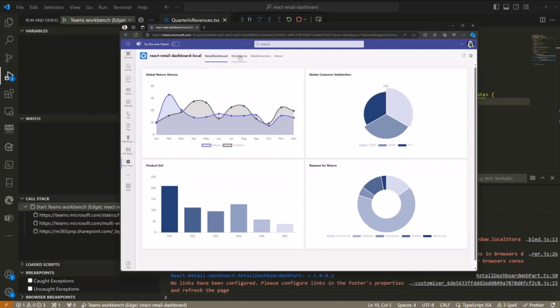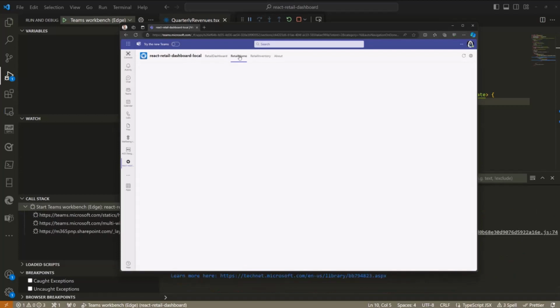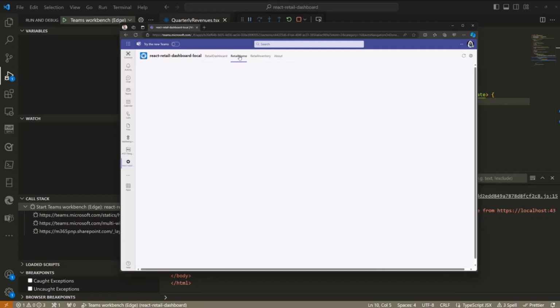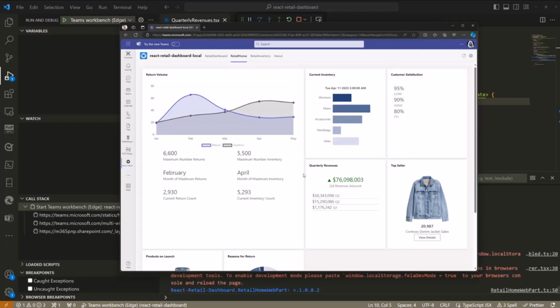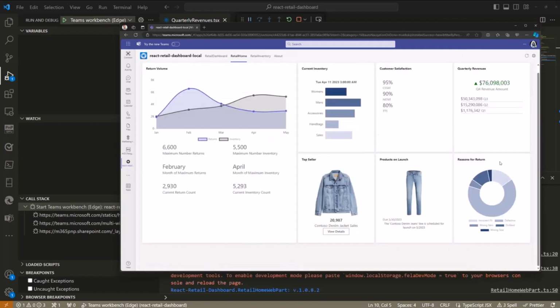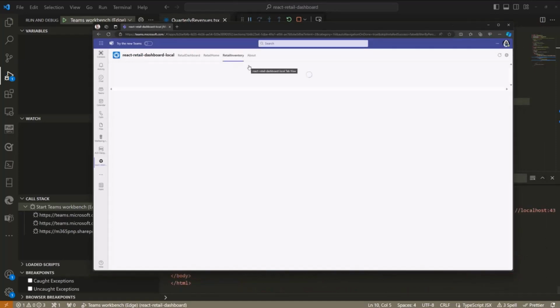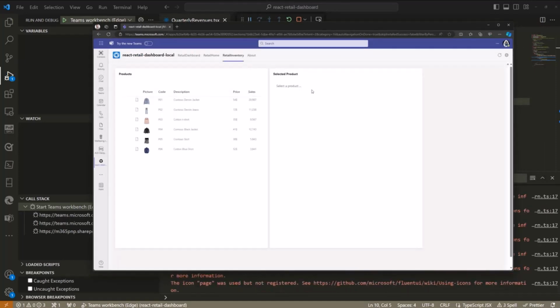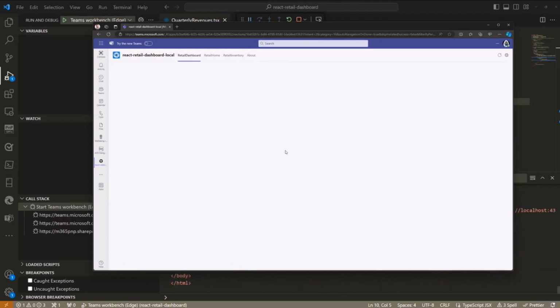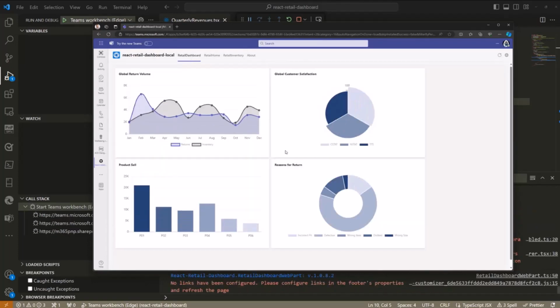Let me dismiss that one. It is a multi-tab solution, so there's an additional set of information and capabilities between the tabs. As we're debugging, there's a bit of a delay as it's loading things, but it's a really cool looking solution, showcasing what you can build with SPFx in Microsoft Teams. Again, the sample is available for you within GitHub. We'll get the sample in the notes of today's recording, so you know where to get started. It's a really cool scenario built with SharePoint Framework in Microsoft Teams.